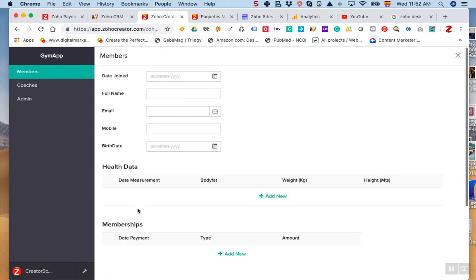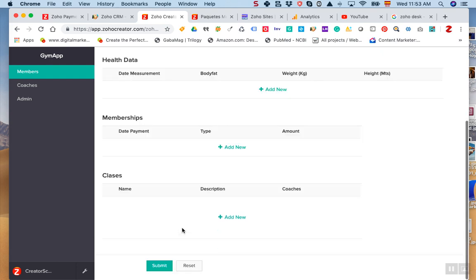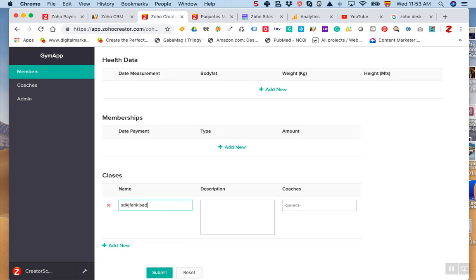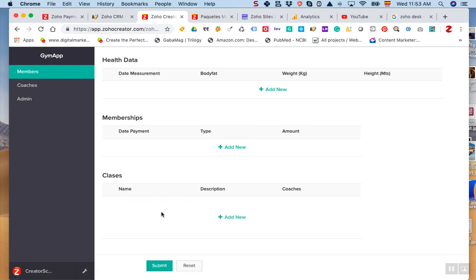The test that we're going to do today is we're going to dynamically add some classes into the record at the time of creation, so that instead of manually adding the classes, you can automatically have two, three, four, or as many classes as you want, and then you can just delete instead of add, or just edit